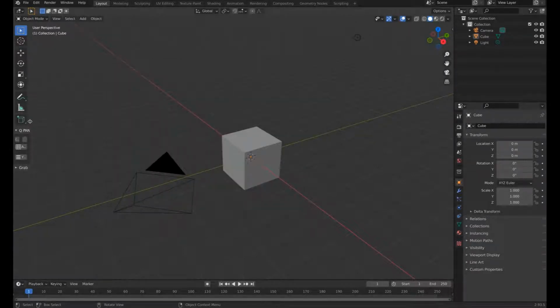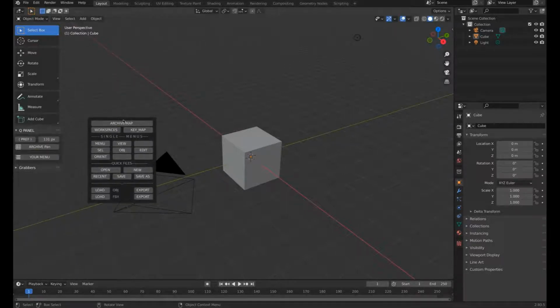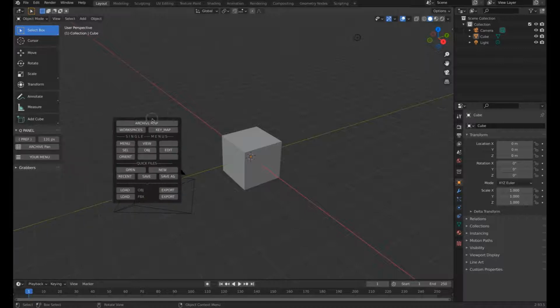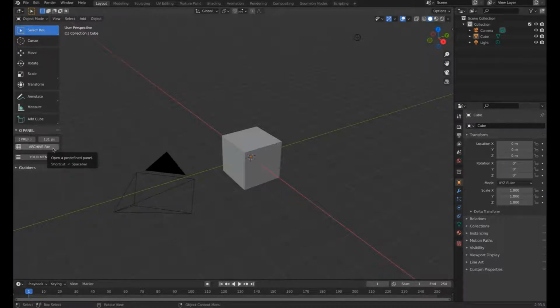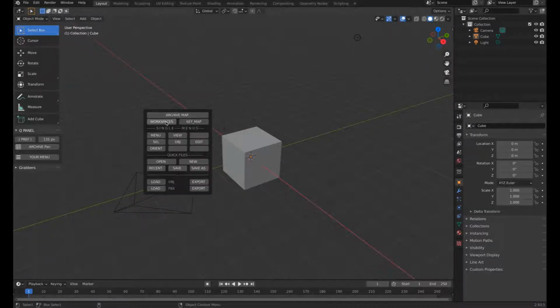Now you can see here, you can grab this invisible line and expand it a bit. We have added a Q panel with an archive panel. You can hit this button or stand still over it and see the shortcut. So, Control Spacebar. Let's see also the workspaces, Shift Spacebar, and the key map,